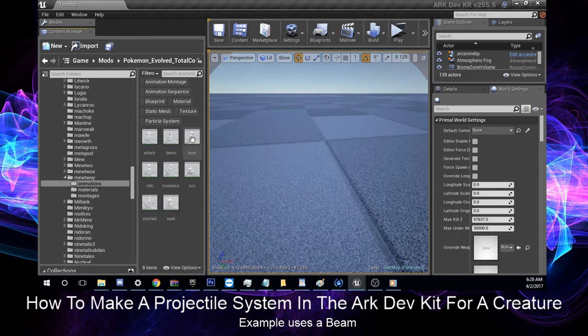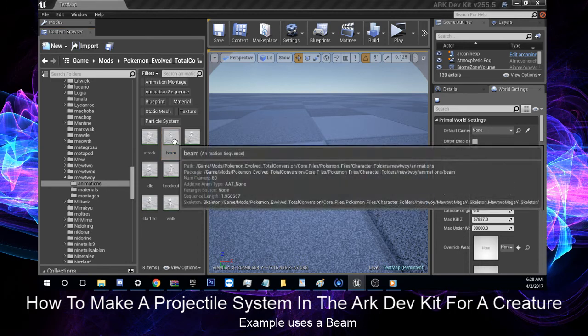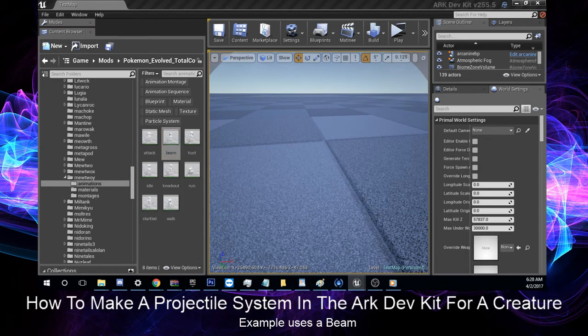Now remember, when you put the particle on, it's on the animation sequence. It's not on the montage. So if you look, the part